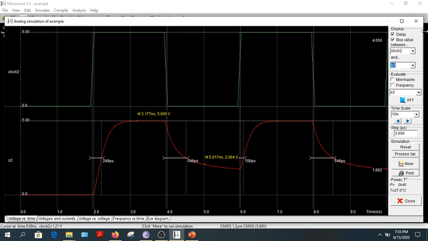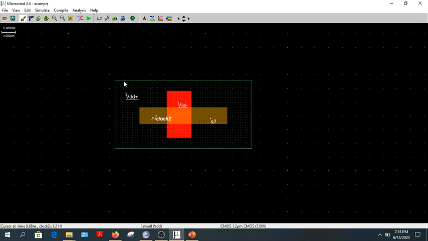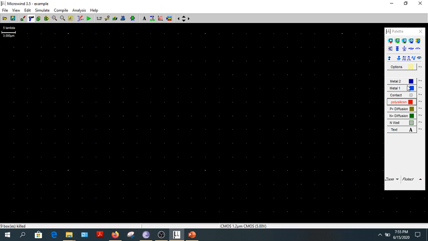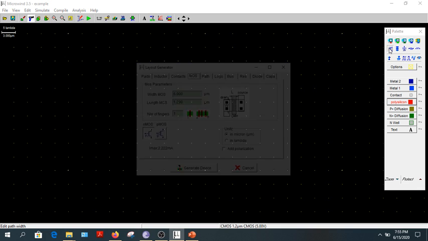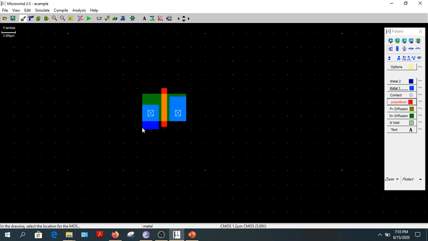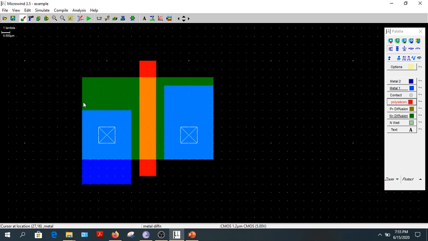Now as you can see in the simulation result, I have drawn this using a manual approach, but this software provides some better features. If I delete this to show you a better way, and I need to create a MOSFET, I can directly click on MOS generator and create my N channel or P channel MOSFET, whichever I want. Suppose I want N channel, so I can use this MOSFET. Now see, this is my NMOS. If you click this, see this is what we have created, and it is a very perfect design.